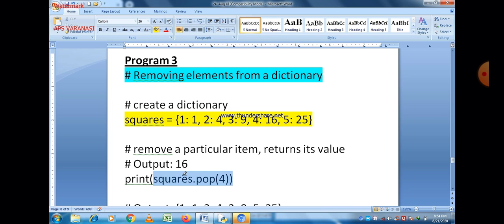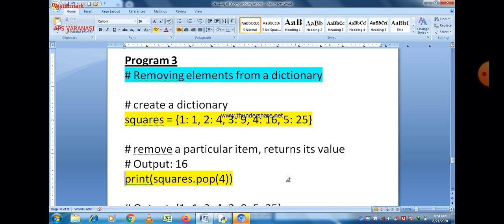So if we want to remove a particular item, for example, if we want to delete an item which contains the key 4, then we just write the name of the dictionary, that is square in this case, and then put the dot operator and then pop, and within parentheses we pass the parameter value 4. So actually 16 will be deleted in that case.